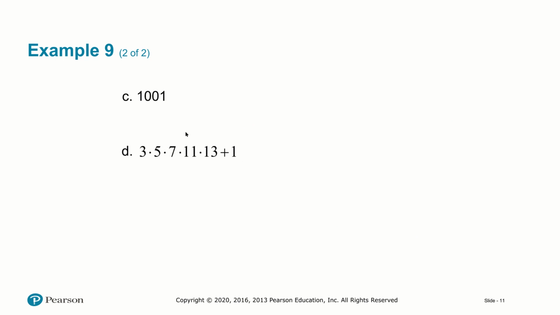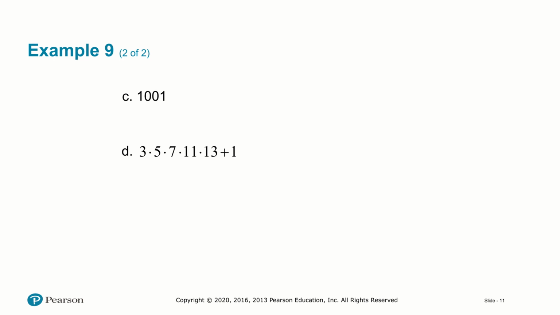Well, remember that we know that, for example, for 1001, 2 doesn't go into it. Now, it's easy to see that the sum of the digits is 2, so 3 doesn't go into it. That means 9 doesn't go into it. We know 5 doesn't go into it. Since 2 and 3 don't both go into it, we know that 6 doesn't go into it. We can try